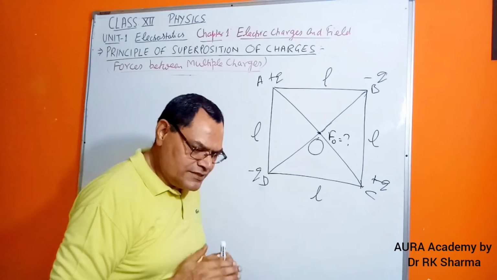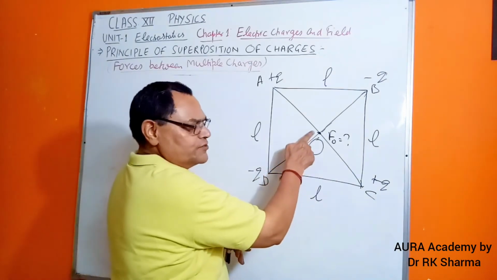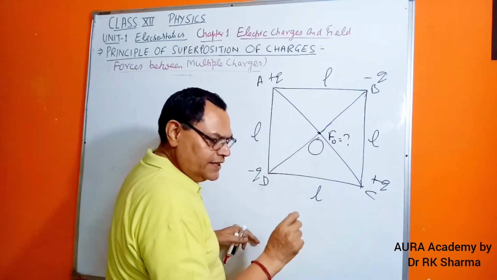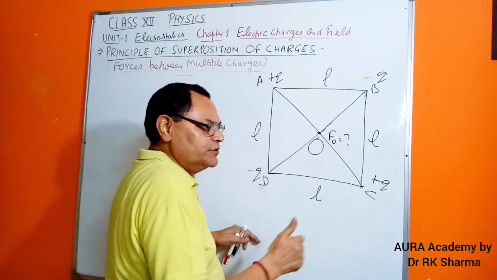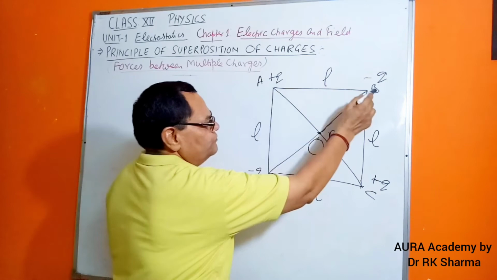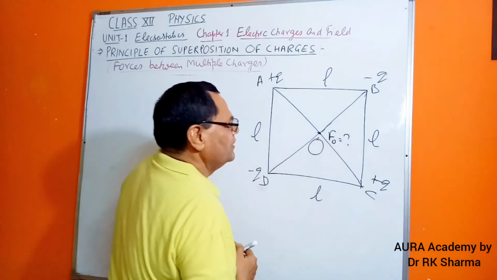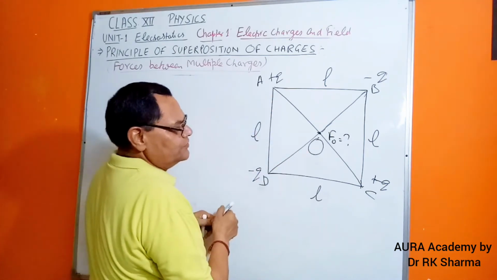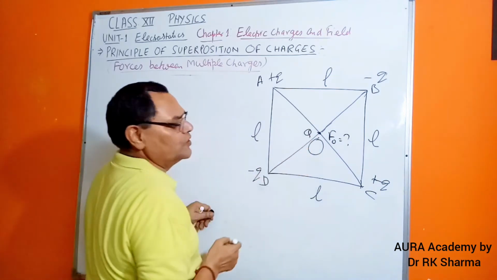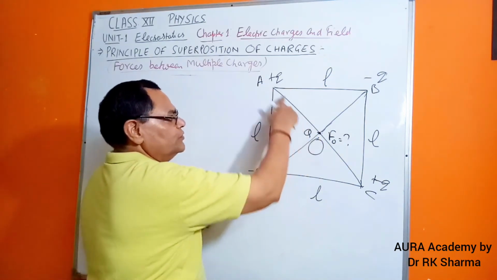Very simple formula. Please recall whatever I have shared earlier. Whenever a force is to be calculated, the first step is to identify the number of pairs of forces. So O will have the force due to A, due to B, due to C, due to D. So we got four forces, clear? Now, we know the charges. Let us put some charge capital Q here, and we have to find the total force here.